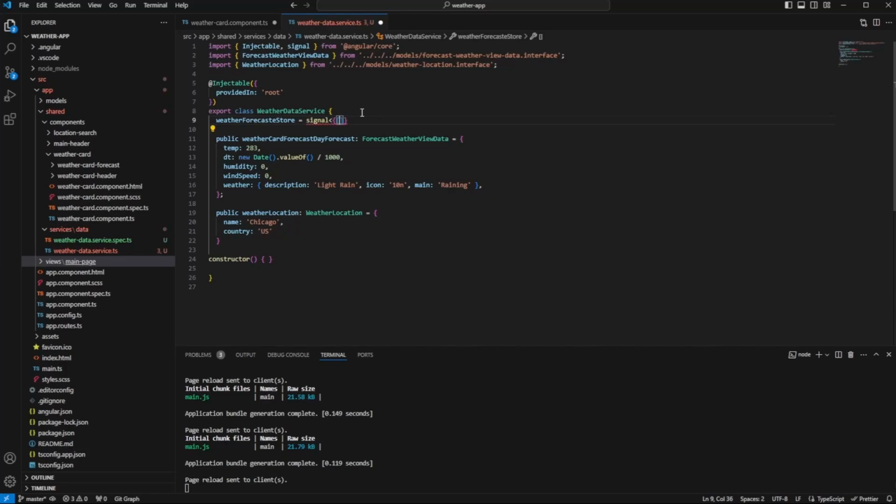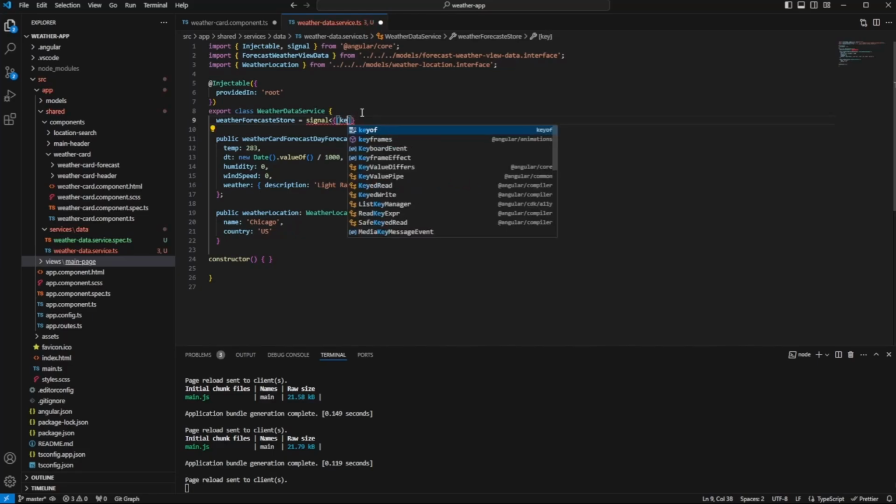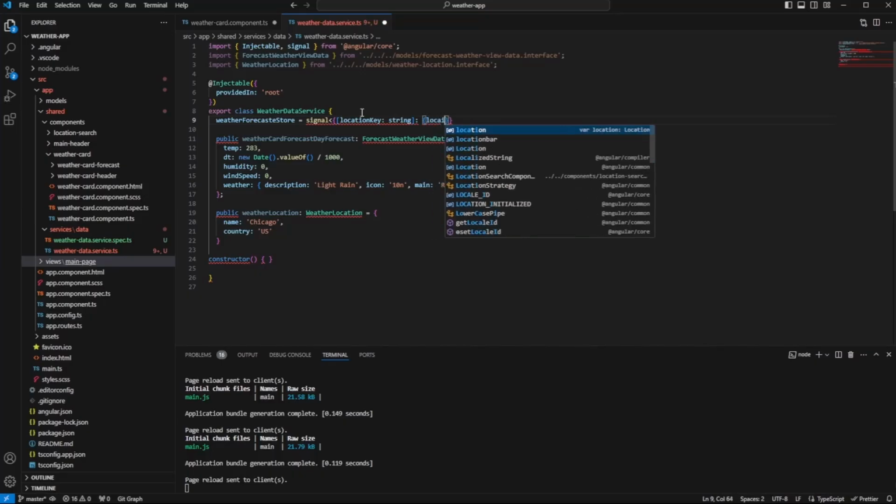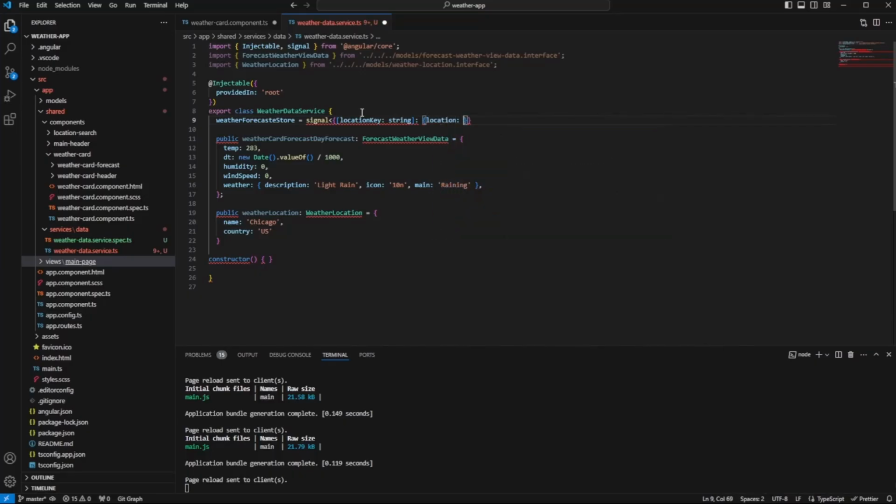We make an object that has a location key of type string, and this one will contain a location as we have it here with weather location, and a weather data, which will contain our forecast